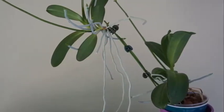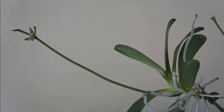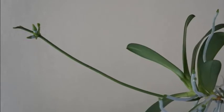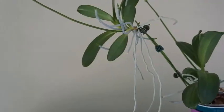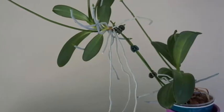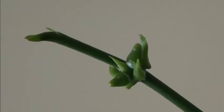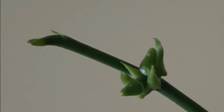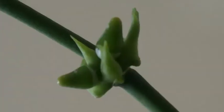We're going to start with some of the photos I took of this orchid from a couple years ago to show you the progression and how they have grown and why I'm even having to remove a Keiki from the mother plant. So the mother plant itself, I've already had this orchid for a couple years, and then from there